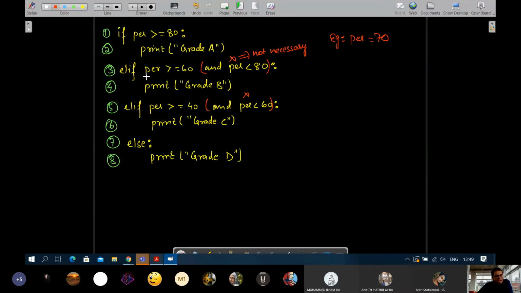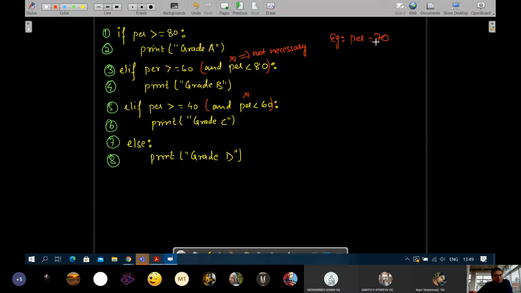So if line number 3 has already resulted in true, though line number 5 will also result in true, will it go down? You answer my question. I think Ilham, you were asking, right? So if line number 3 is already satisfied, like I said, it is just like water falling from the top, and wherever it gets true, it will stop. It won't go further down.